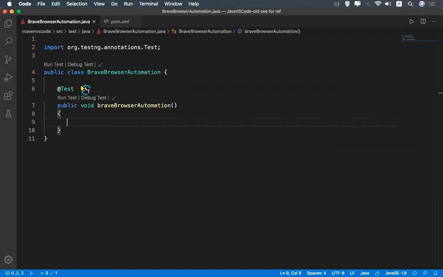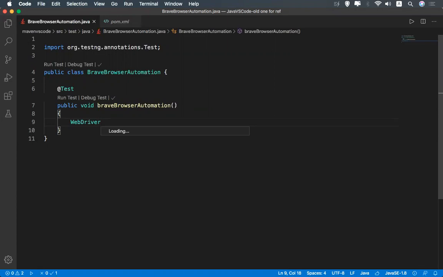I have taken the @Test annotation from TestNG. Here I will write the code. WebDriver Manager I'm taking. My system is very slow, so that is the reason I'm looking for options to make it fast.